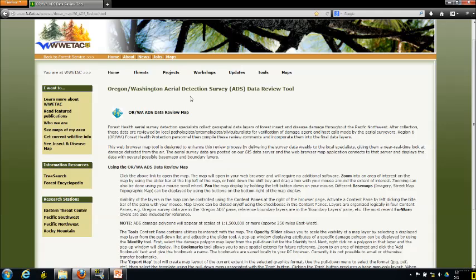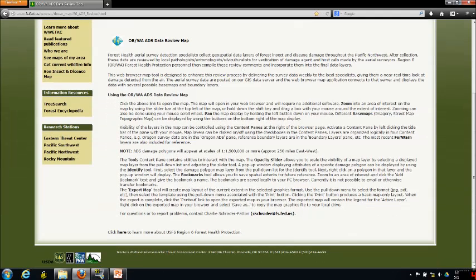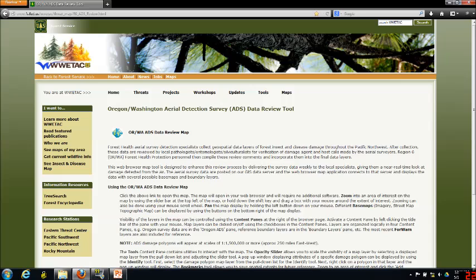What I'd like to do right now is take a look at the WWETAC web page, which is a common portal for entry into the map. This page provides some basic information about how the map works and the purpose of developing the map. We try to populate the map with aerial survey data, which is received roughly in 10-day intervals from the surveyor. So our definition of near real time is about 7 to 10 days after collection from the air. At the end of this presentation, I will provide this URL once again